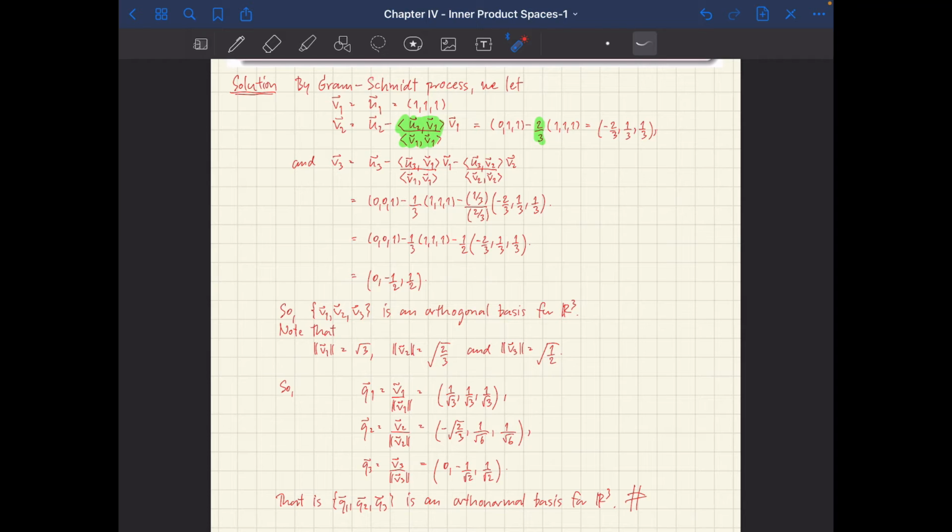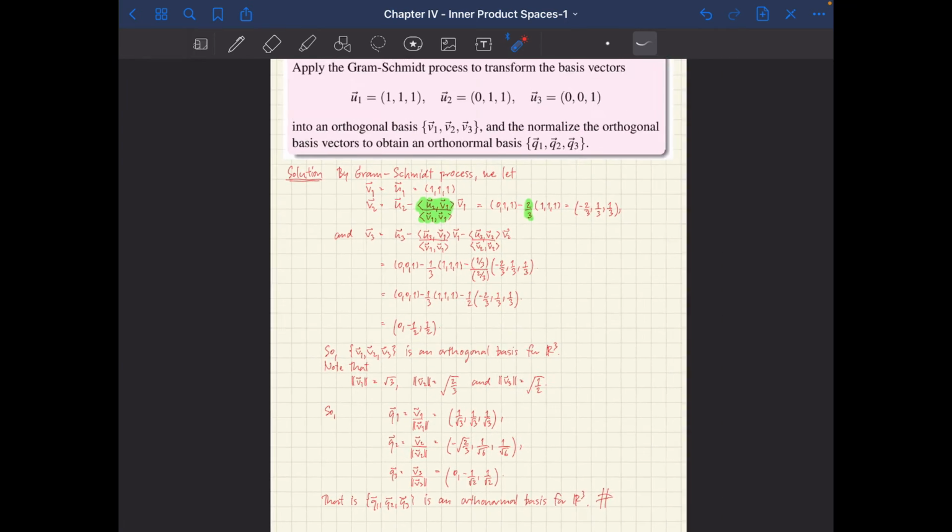But we know that the Gram-Schmidt process can be applied to every inner product space. So what does it mean? It means that if we have a vector space with an inner product, and you know a basis for that inner product space,